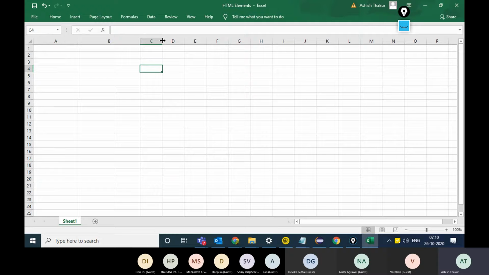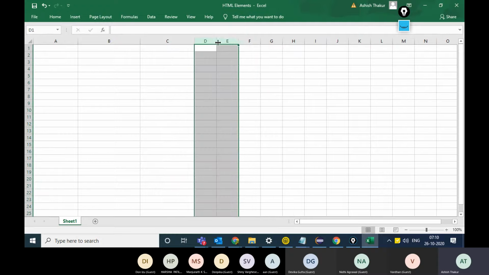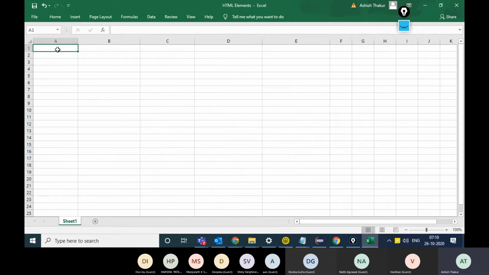Right. So I will just make a few columns in the Excel known as element, tag name, mandatory attribute, and optional attributes.